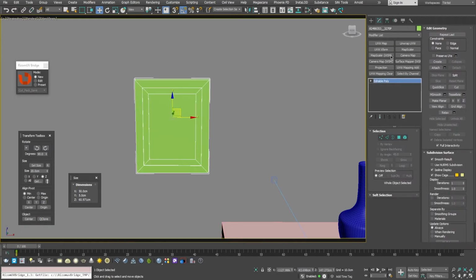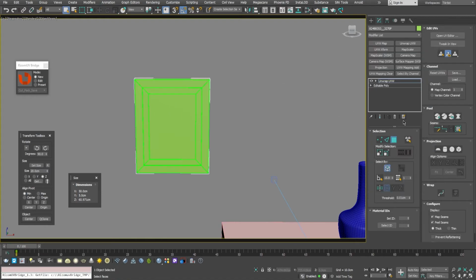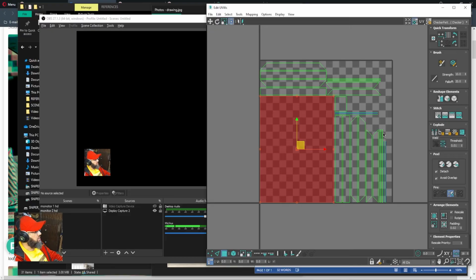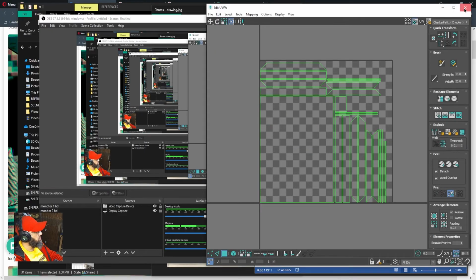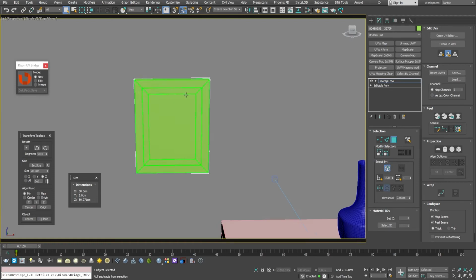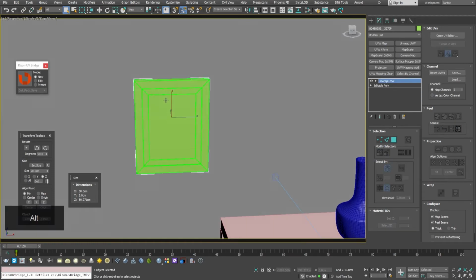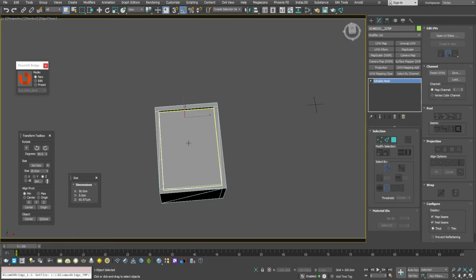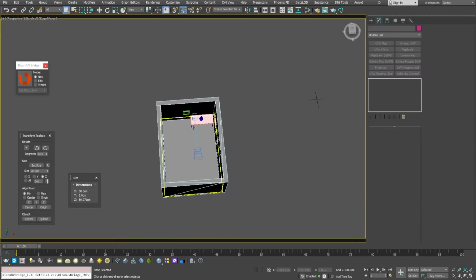And I think this has the proper UV. We can check this by going to the Unwrap UVW modifier, and you can see that this has proper UVs. So this is done, and the next thing would be,